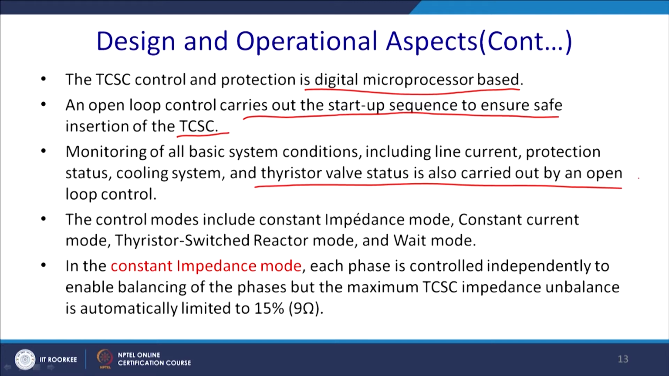The control module's control modes are constant impedance mode, constant current mode, and thyristor switch reactance mode as the wait mode. So, it will change the status. In the constant impedance mode, each phase is controlled independently to balance the phase, but maximum TCSC impedance unbalance is automatically limited to 15%, that is equal to the